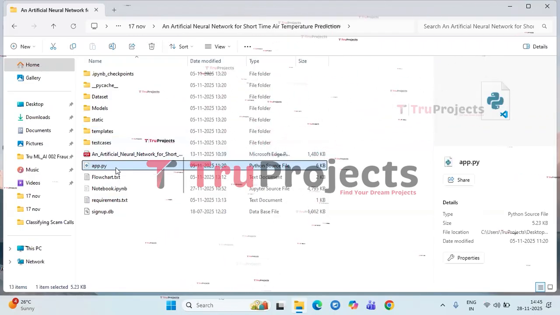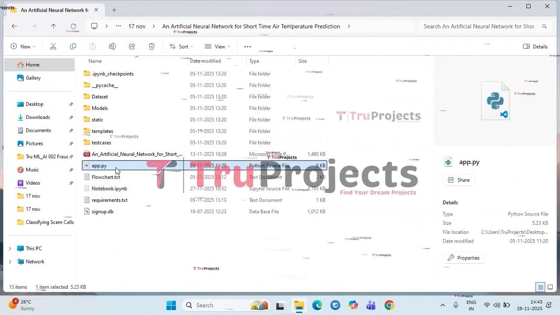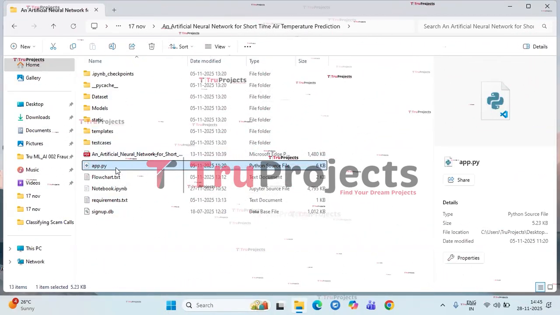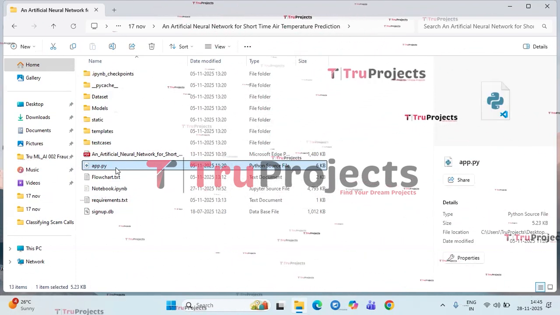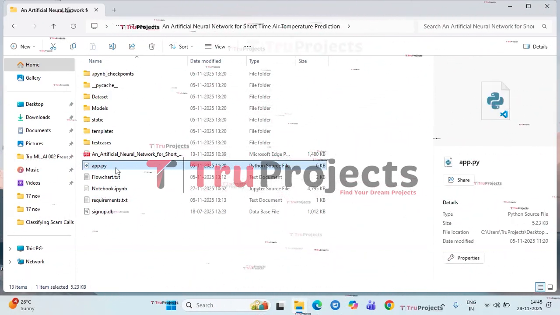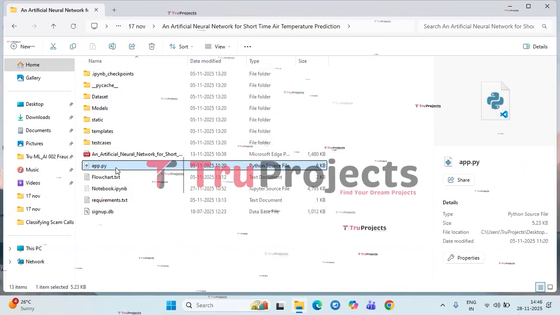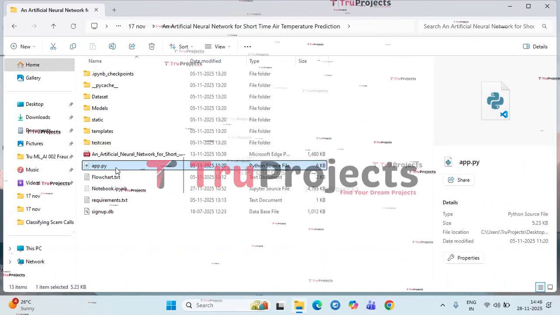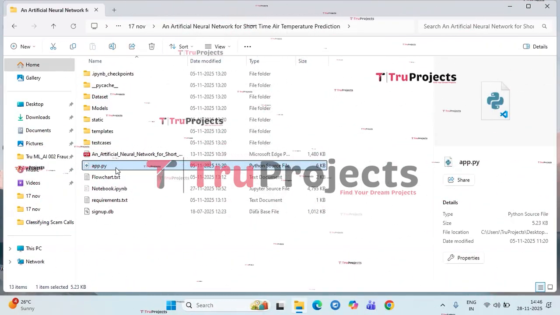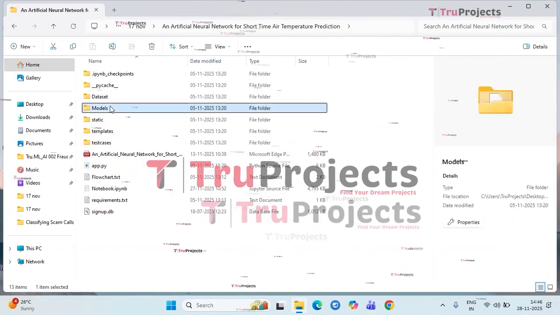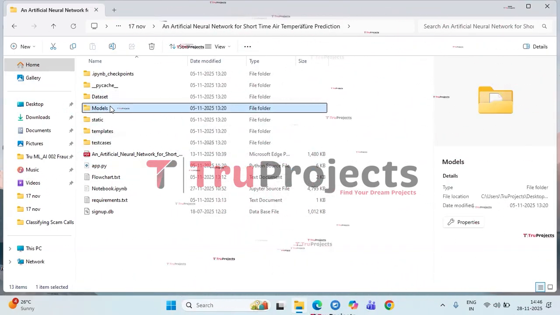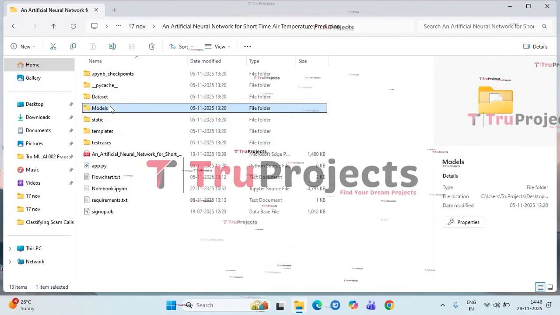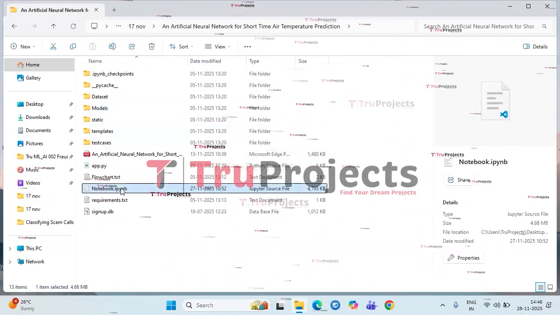App.py file. This .py file contains the information related to front-end logic. It could include code written in Python that handles server-side operations such as processing user requests, interacting with the database, and generating dynamic content to be rendered in the HTML templates. These are the model files which contain algorithm information which will be loaded into the project's code during the runtime.